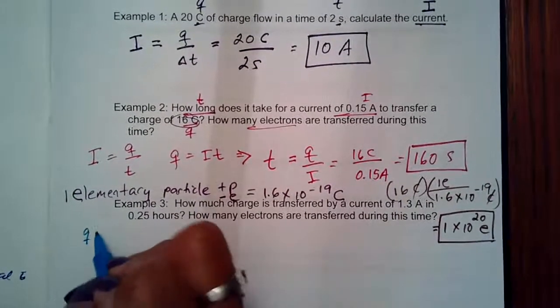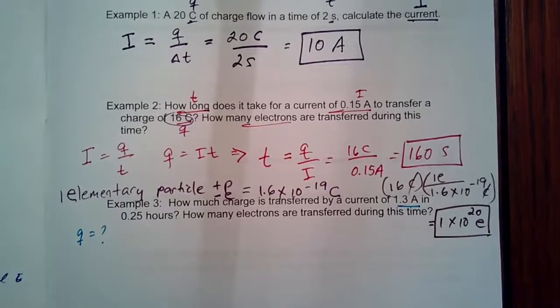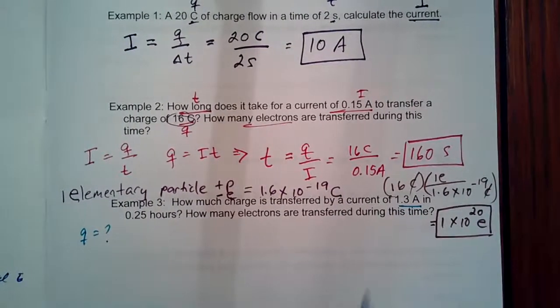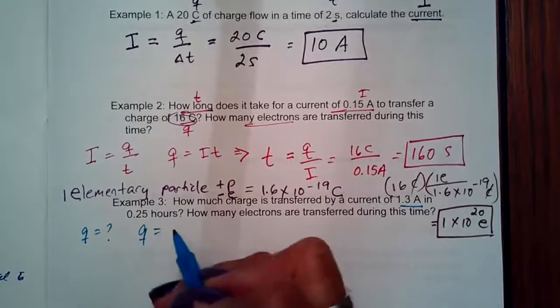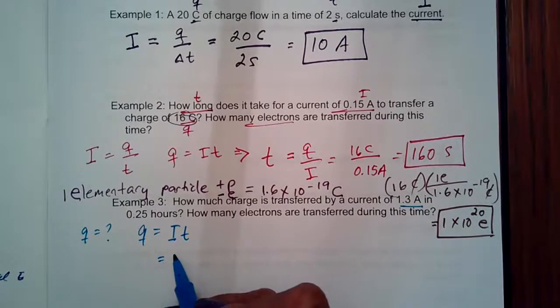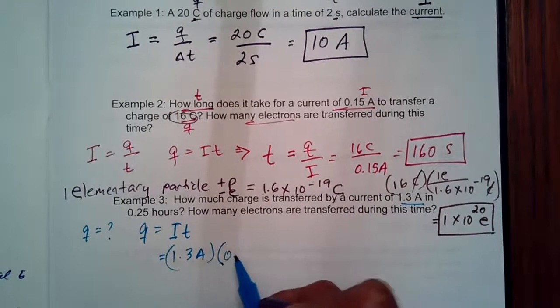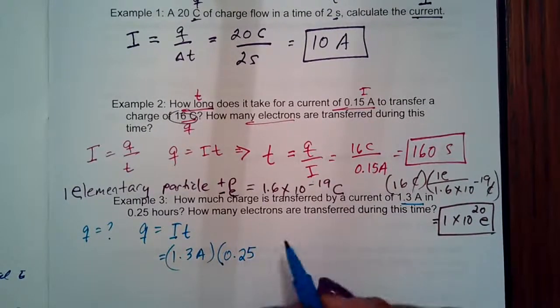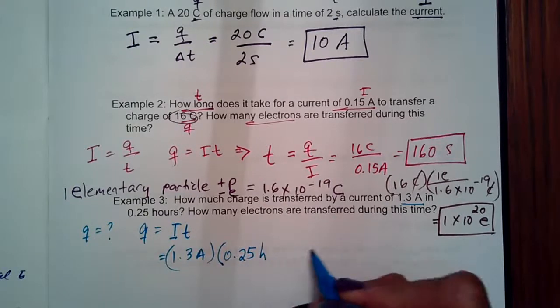So we're looking at Q by a current of 1.3 amps in 0.25 hours. How many electrons are transferred during this time? So we're looking at Q is current times the time. So we have I of 1.3 amps, and the time is 15 minutes, 0.25 hours. Now this is in hours. So again, we need to